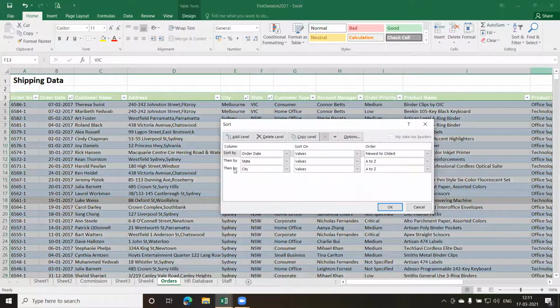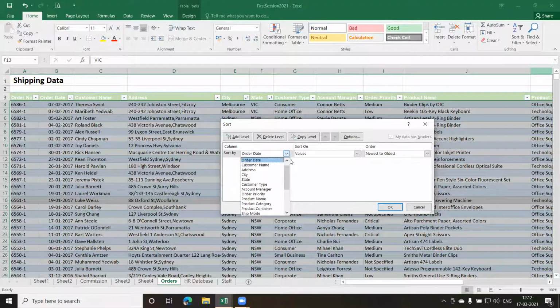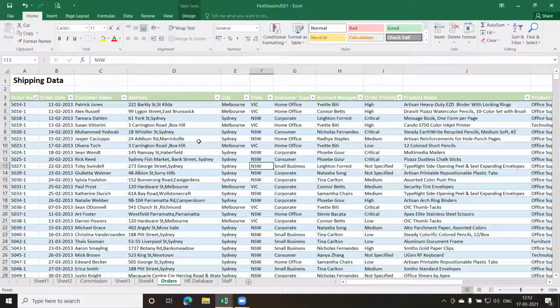Any doubts in this? Right? No problem. Fine. So I'm just deleting the sorting right now. I'll keep it as per, let us say, order number, and I'll keep it from A to Z, ascending order. Fine. So this is my sorted data. The other thing last time I was showing you was from here. Now there's something in the chat.